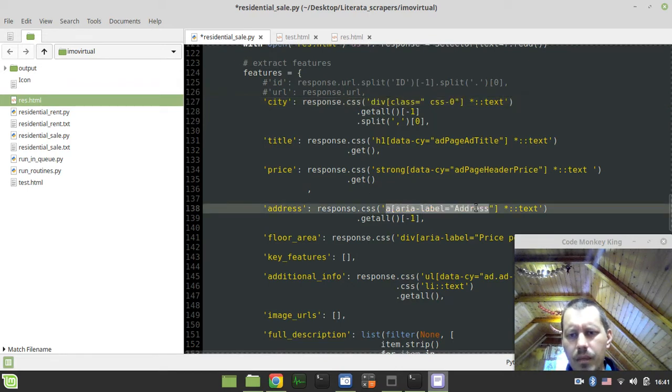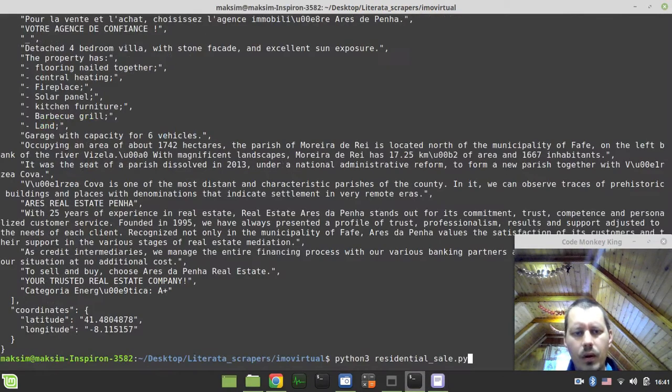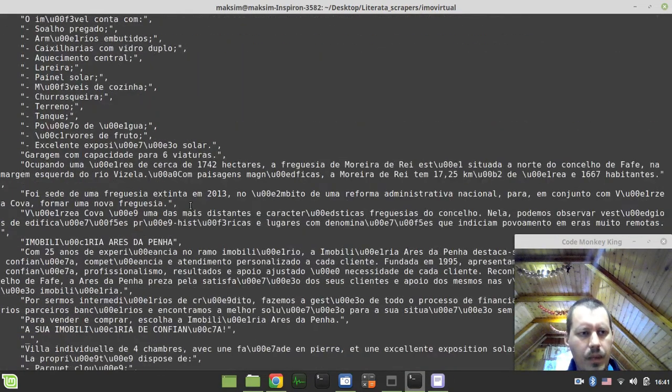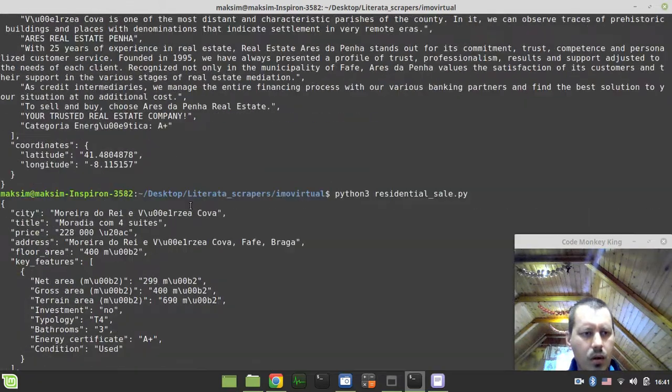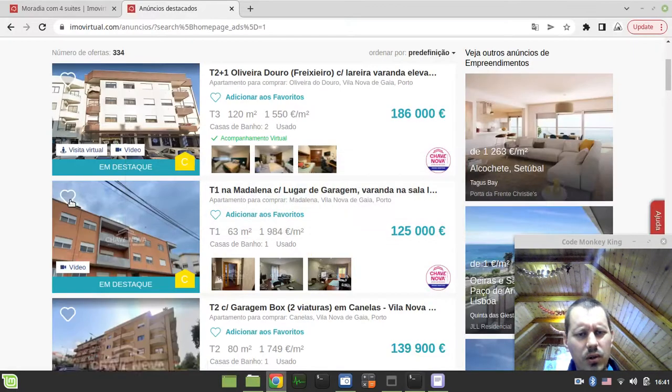So I think this should be enough. So this should be just fair enough here, like so. Yeah, now the city should be extracted from. Nope. Actually, why does it extract the first?